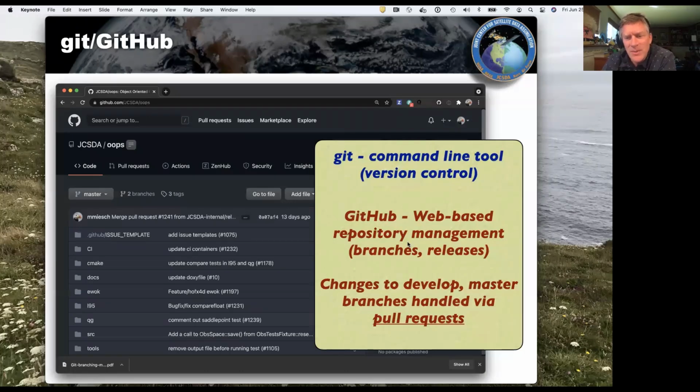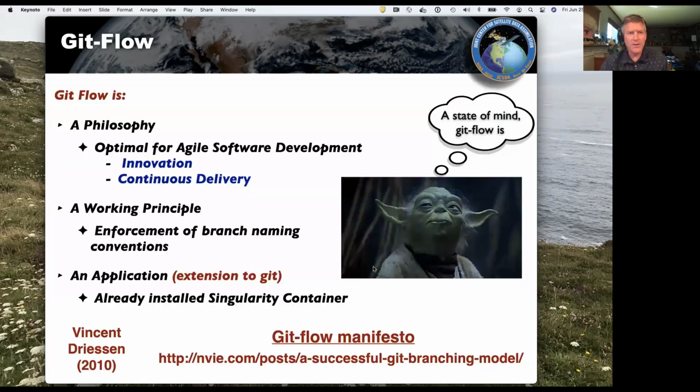GitHub is basically the website, and this is a software as a service for repository management in the cloud. So this handles the different branches and releases and the pull requests, and any changes are done through pull requests. I'll get back to what that term means.